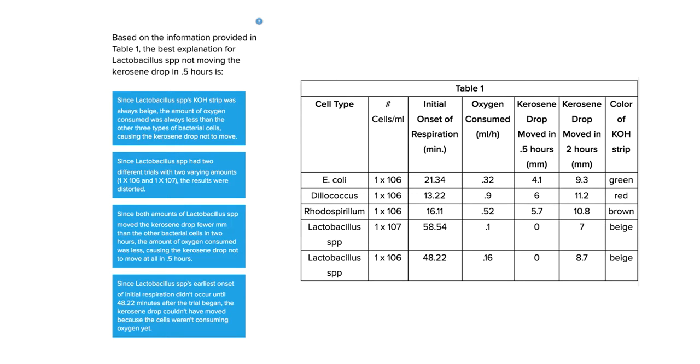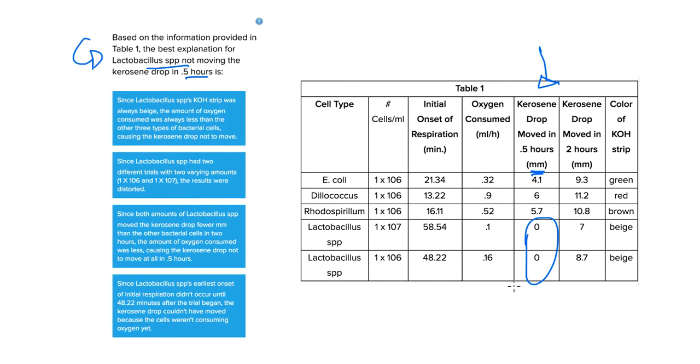Hi, this is Carlos Cousins, and the following ACT data interpretation question is asking for an explanation for a result obtained. They're telling us that the lactobacillus spp did not move in the first 0.5 hours. The kerosene drop, sorry, did not move. Yep, and we see that here the kerosene drop after half an hour is 0 millimeters,